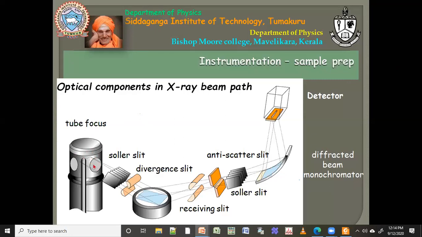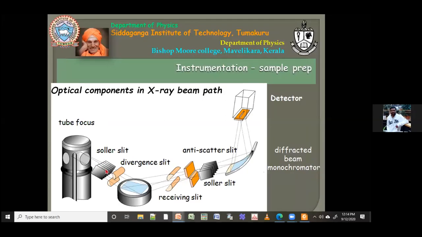So when they are traveling from the tube to the sample and from the sample to your detector, they are going to diverge. They keep diverging, even in a very good clean environment. So for that, they put in some kind of optics: solar slits, which are parallel to the beam. They are going to cut the beam, or focus the beam in a straight line like this. But the beam which is coming above the sample, if your beam is spreading more than the sample, it may fall on the sample holder.